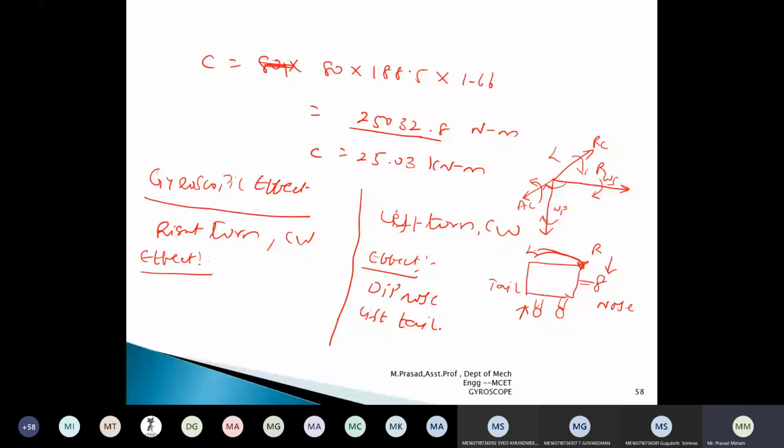Now let us see for the right turn. If the aeroplane taking a right turn in clockwise motion, what is the gyroscopic effect? So again, I can solve as it is here. So clockwise motion, taking the forward motion, spin axis. Taking left turn means where we are getting the precession vector. Precession vector is coming in the positive y-axis. This is the precession vector. This is the point where we are getting the active couple, and this is the point where we are getting the reactive couple.